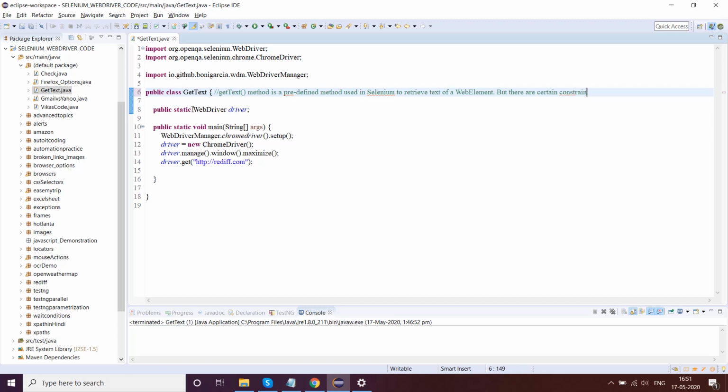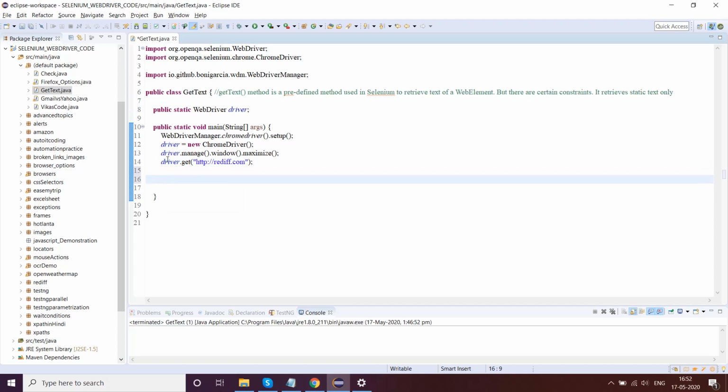The first one is that it retrieves static text only, and it will not be able to retrieve texts which are by default present inside a text box or something. I'll let you know when we do the coding.